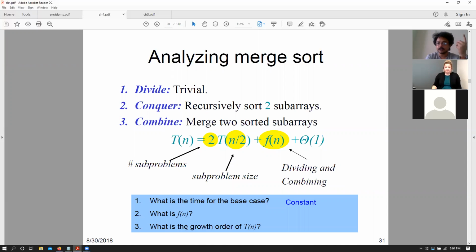So the divide part is trivial. We are just figuring out the middle part of each array and then calling it again. So dividing your array basically requires theta 1 time. Calling and sorting the individual halves requires 2 times T of n by 2 time, right? So these are your subproblems, where each of these are your subproblem size. And then we have f of n, that is the time complexity for combining those two arrays together. So for the base case, we know that our time complexity is constant, but